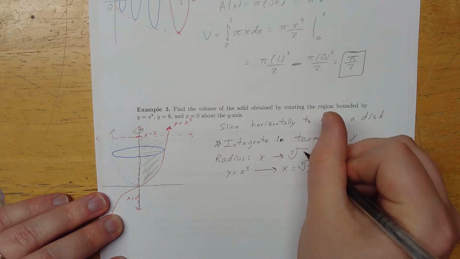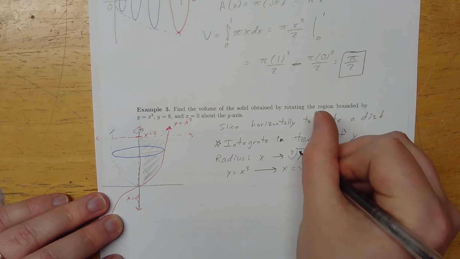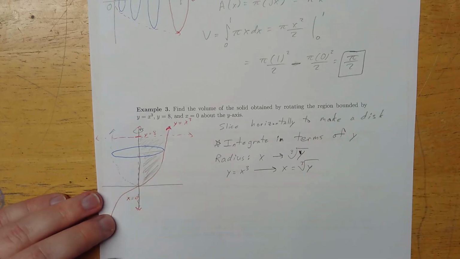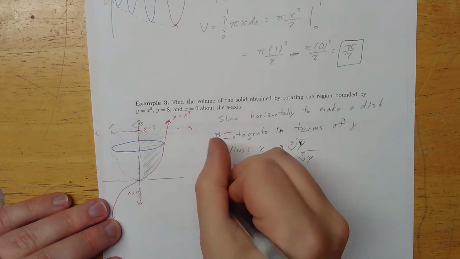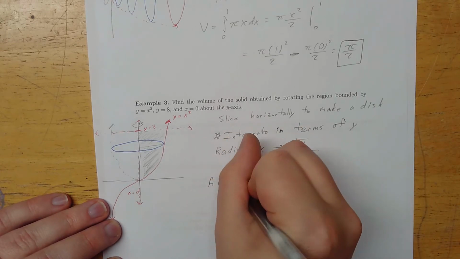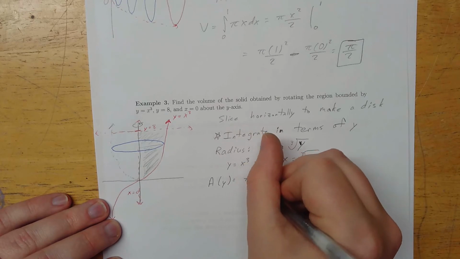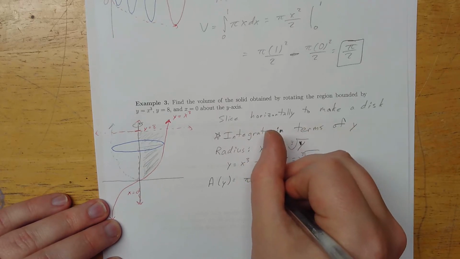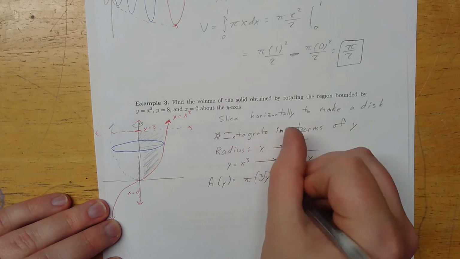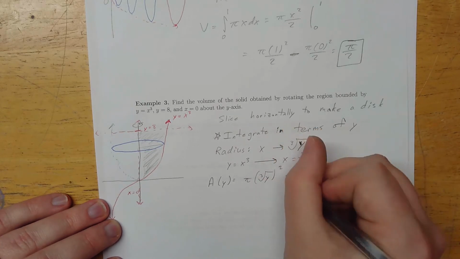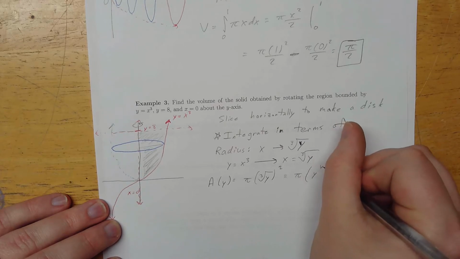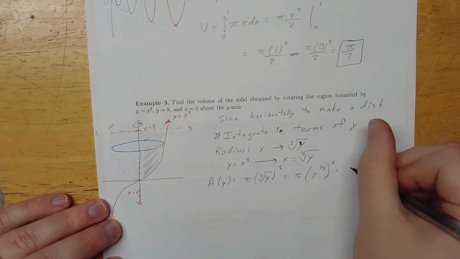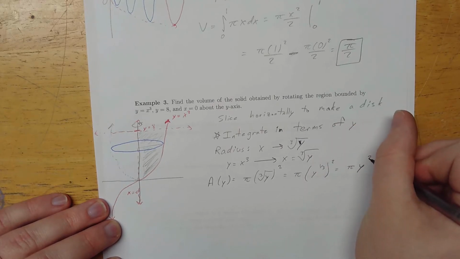So we want the cube root of y to be our radius, since we want to have everything in terms of y. This means that our area in terms of y will be pi times the cube root of y squared, which is the same as pi times y to the 1/3 squared, or just pi times y to the